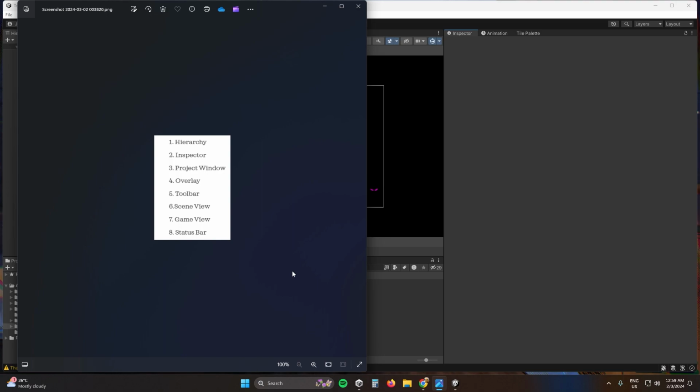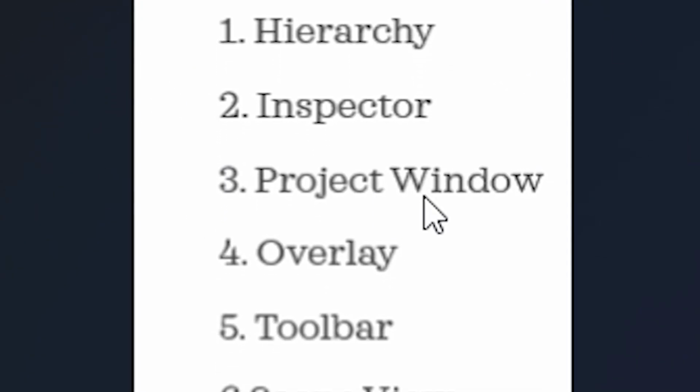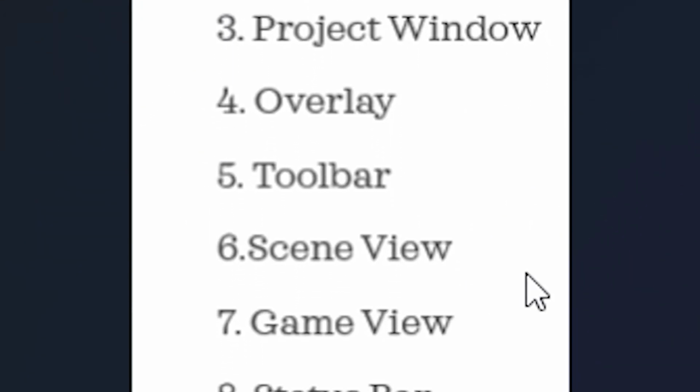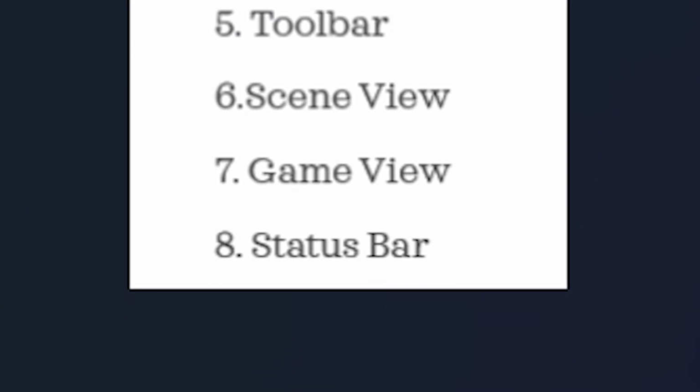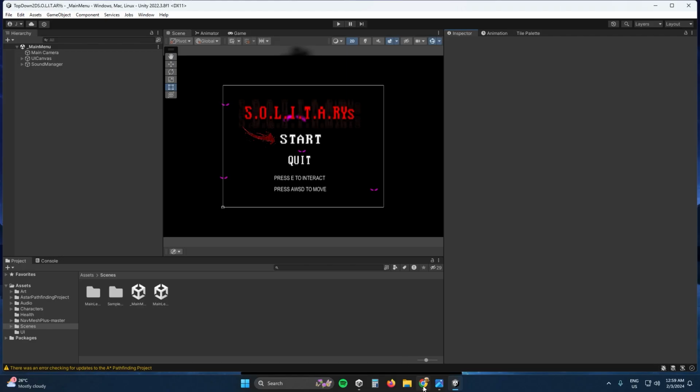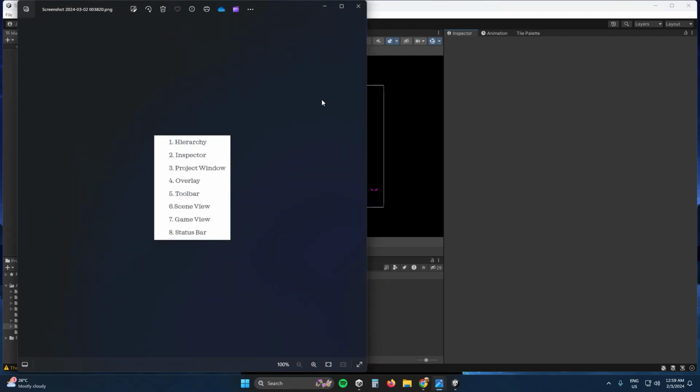Sorry about that, my PC was acting up. Okay, let me explain each of these components. So we got the hierarchy, inspector, project window, overlay toolbar, scene view, game view, lastly status bar. We'll go with the hierarchy. Let me just